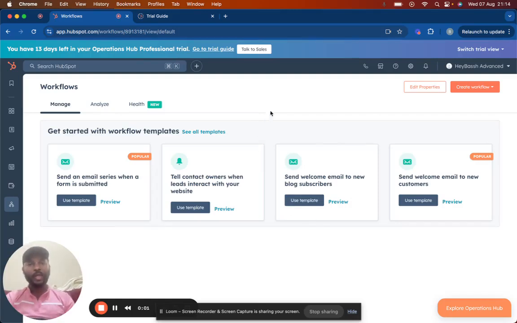Hey guys, today I'm going to show you how to do API integration with HubSpot using the workflow custom coded actions. So, first of all, we're going to go to the